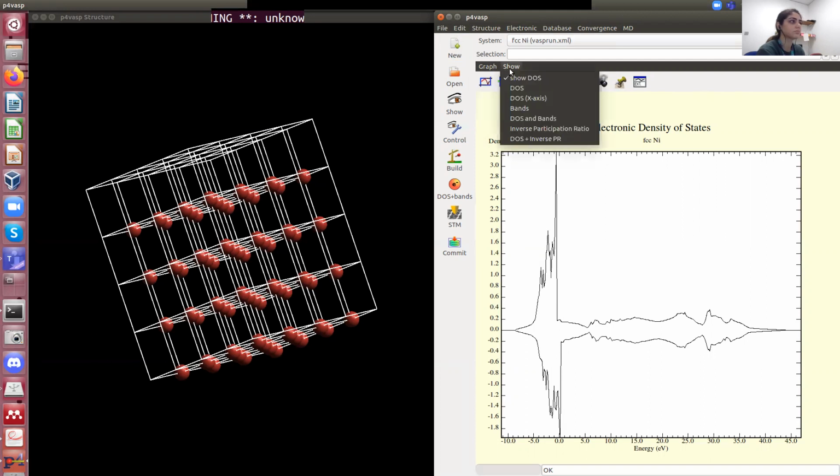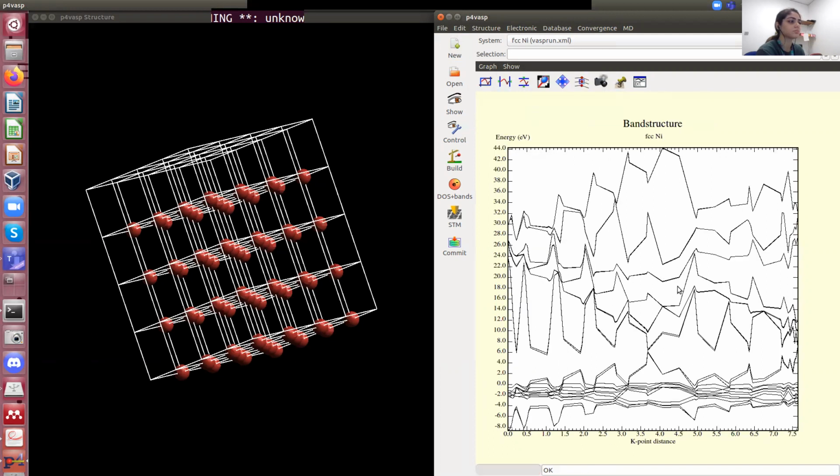And then you can go to show band, and here these are the bands. These are the band structures. Of course, in this case, we didn't optimize the k-point sampling, so you see that these band structures are really bad because you cannot see anything. You may think there is probably no band gap because it seems that they touch, but you cannot really say.